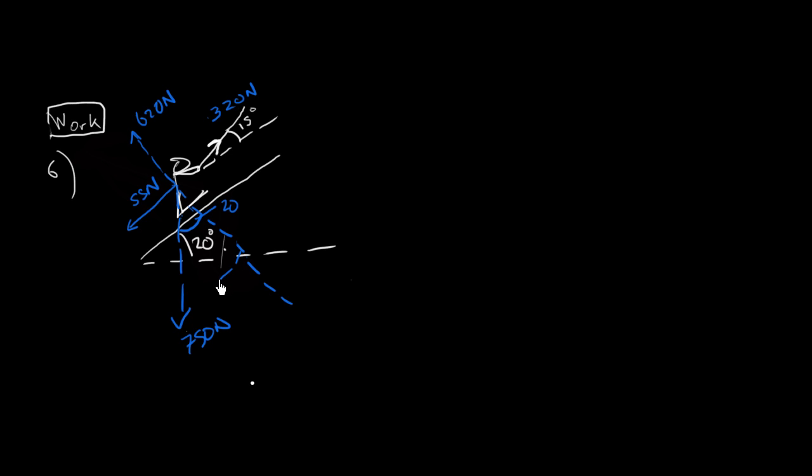So if we link it up properly, the triangle looks something like that, where this is a right angle, and this is the hypotenuse, which is the longer side, 750. So therefore this here would be 750 cos 20 into the slope, and the 750 down the slope, which is the one that's going to go along the same direction as the friction, is this one here. It's going to be 750 sine of 20, because it's the opposite,